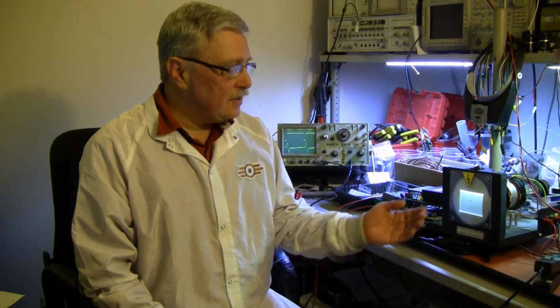Well, early on after I built the Cyclops, I discovered that much over 10 kilovolts, I started getting arcing problems, and the CRT didn't really like that, though its data sheet says it will tolerate 15,000 volts. The reason for this is that the CRT is the